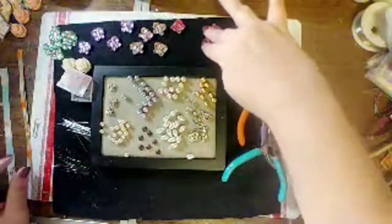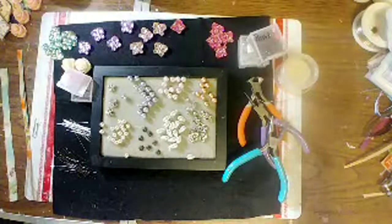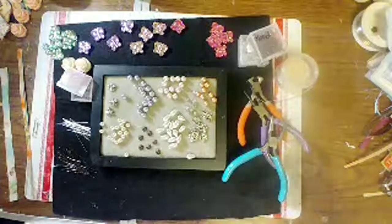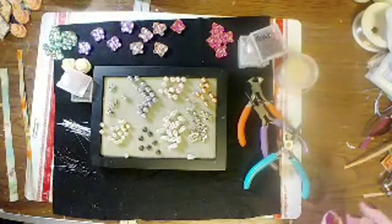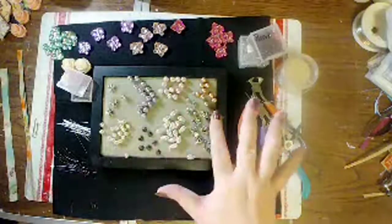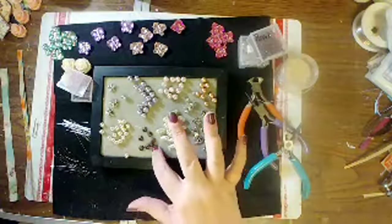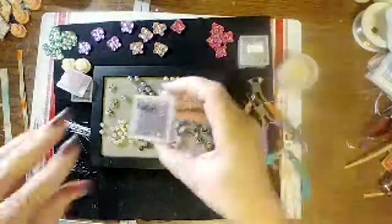So I'm going to leave those over there because I don't think I'm going to need that color. But I made the other ones that I'm going to need ahead of time. Okay. For charms, I have hearts, angels. I have some little silver bead caps, some little copper bead caps. I have different variations of pearls. I also have